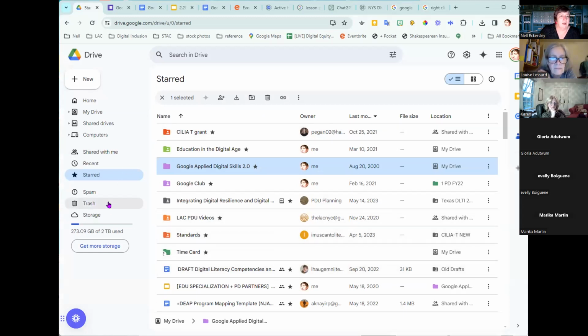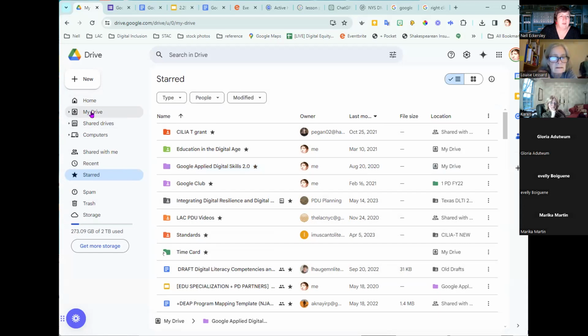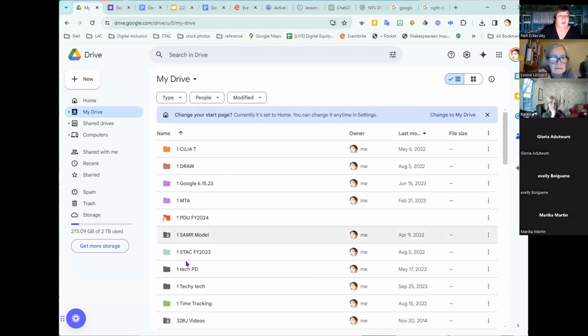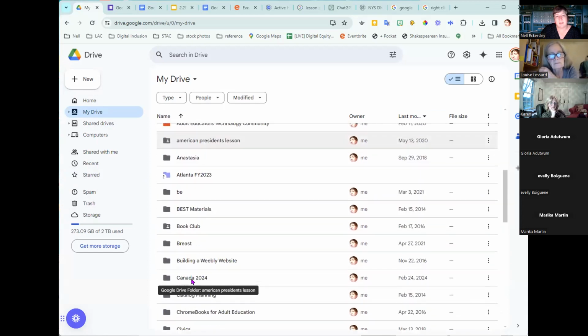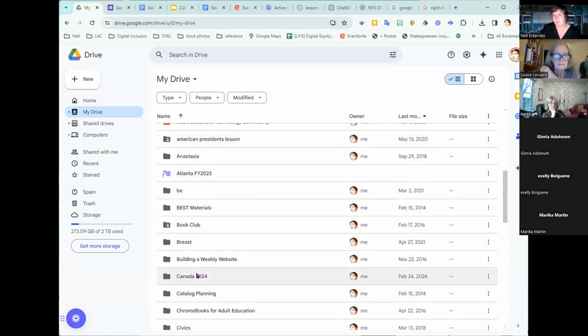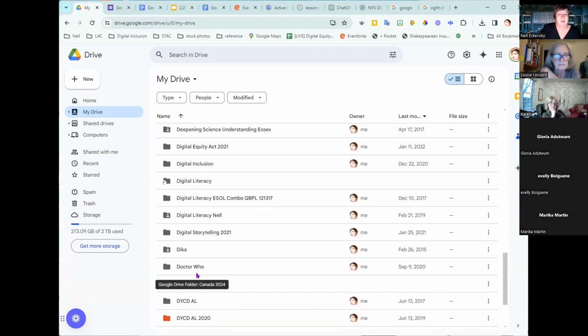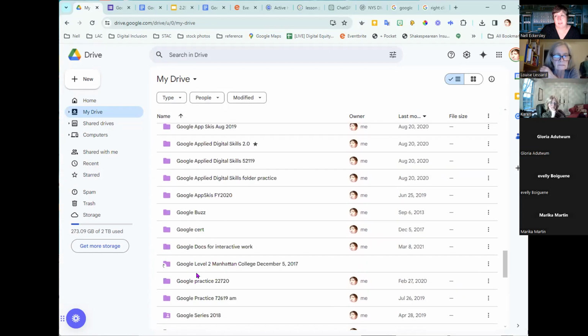Right. So again, I'm in my Starred. If I go back to my Drive, you can see I don't really star a lot of things because what I've taken to doing is adding a number at the beginning. And that just means it always floats above everything else. And then there's some things I go to a lot that are high up in the alphabet, so they can kind of just stay there as well. Because I have a lot of stuff.